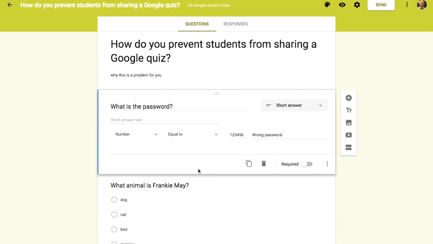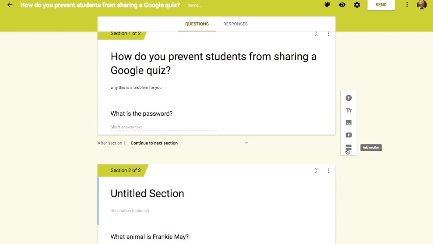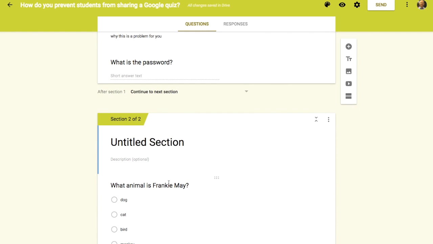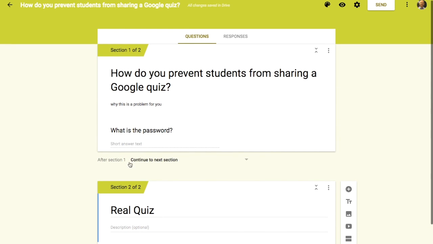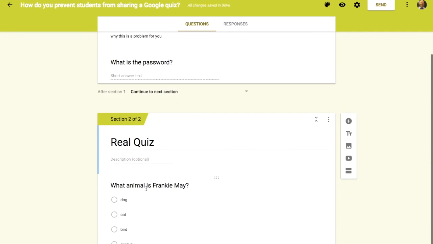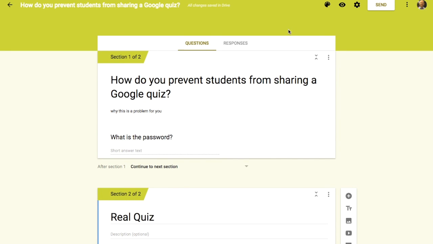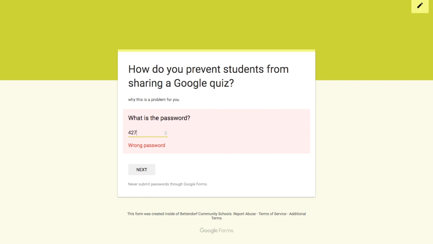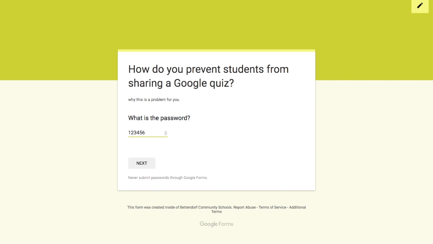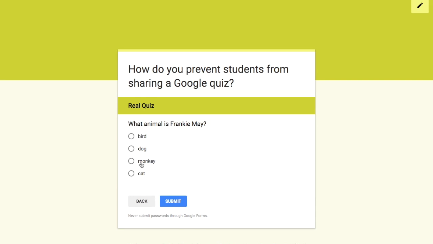Now, what will happen is we want to create a new section. And that's where this question is. And this is where the real quiz will begin. These are where you want your questions to be. So now, after section 1, we're going to continue to the next section, and then the quiz will start. So here's what happens. First thing they have to do is they have to type in the right password. So if I start typing in numbers, it's wrong. But as soon as I type in the right password, it lets me go to the next section, and then